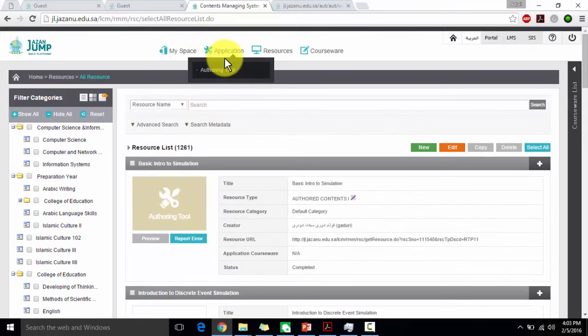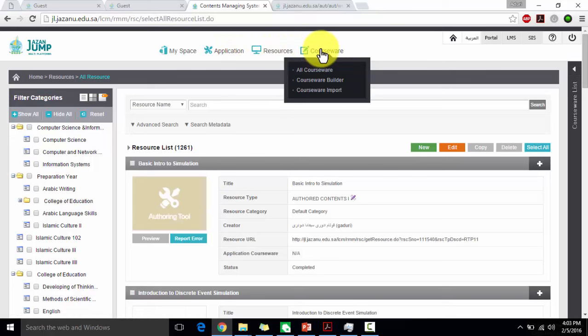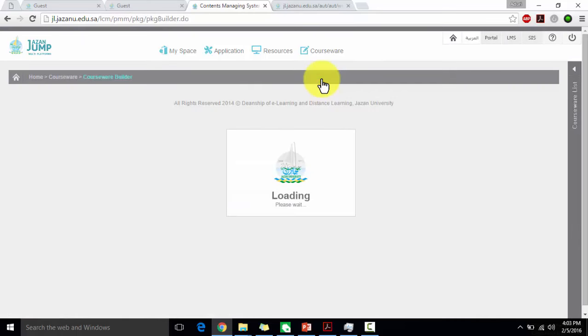This is the main resource, and this is the sub resource where you add the different types of files. So once you have done the main resource and sub resource, go to the courseware and click on the courseware builder, because you need to create the type of course that you are creating. For every separate course you need to create a courseware builder, not for separate groups or separate sections. This is for the separate course. So click on the courseware builder.